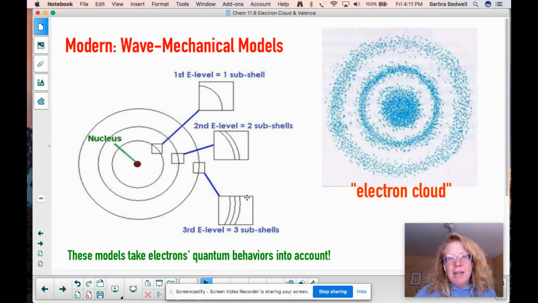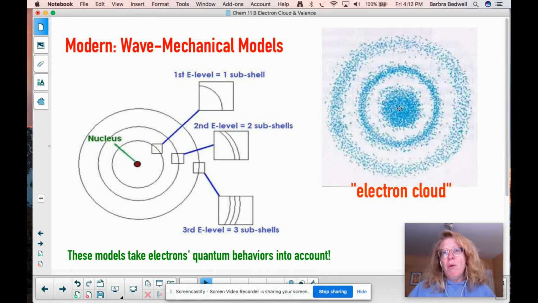So what we do now is we instead talk about the holistic behavior and think about it in terms of the electron cloud. I know that that's a model that you understand and that you've heard before. This is not a new idea. But here would be what energy levels would look like within an electron cloud. The whole thing is kind of a fuzzy mess. But even within there, there's some organization within chaos. So this idea of the electron cloud is useful for us in truly understanding the crazy behavior of atoms. And as you get into higher levels of chemistry, this quantum nature gets more and more important.